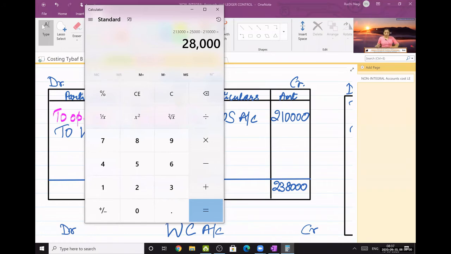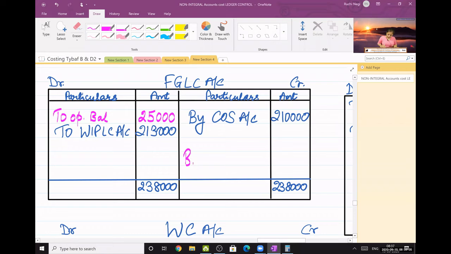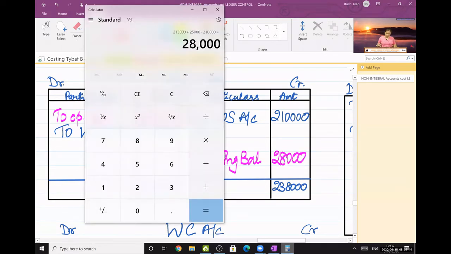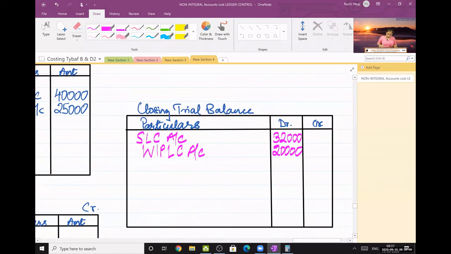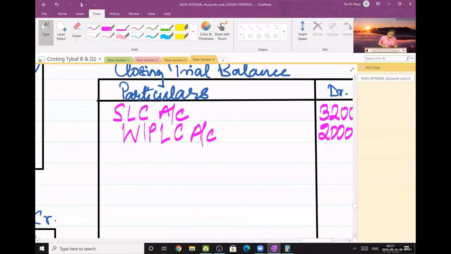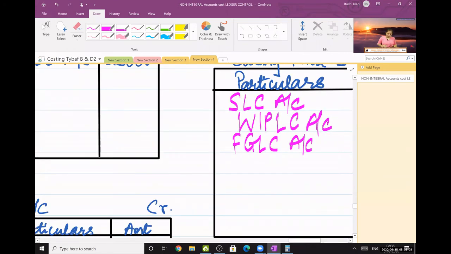And the answer is 28,000. My closing balance to write here. By closing balance 28,000. Okay. Take the second effect in closing trial balance. Right here, finished goods ledger control account 28,000. Okay. Next,